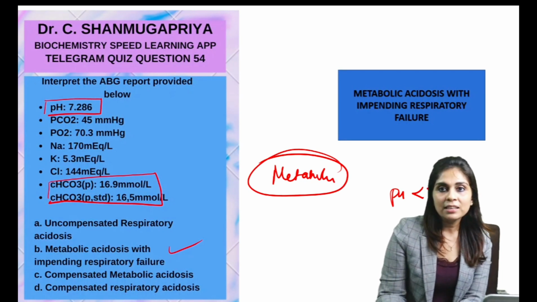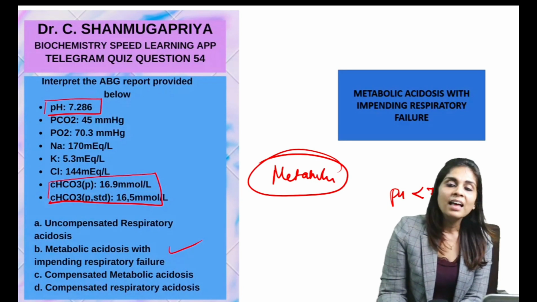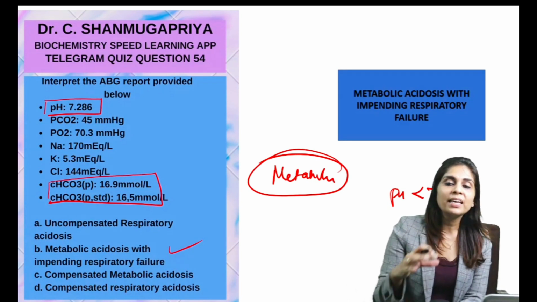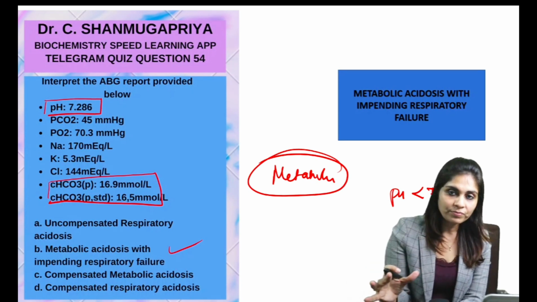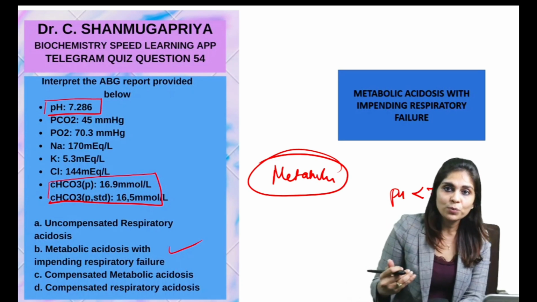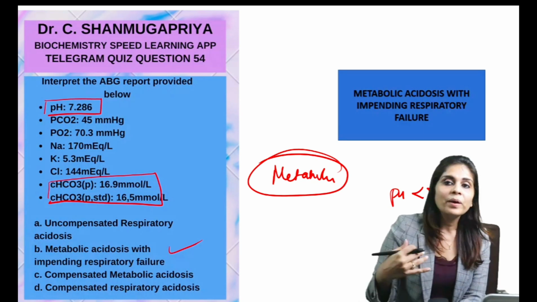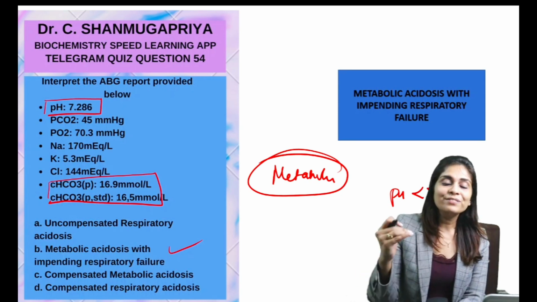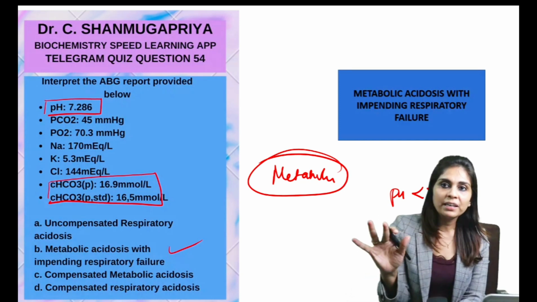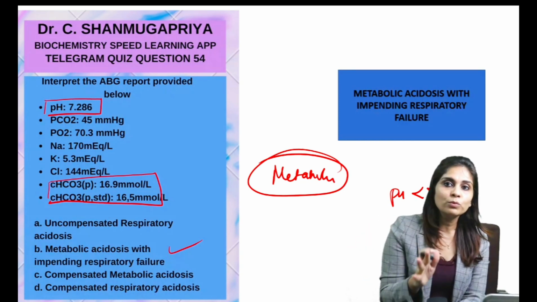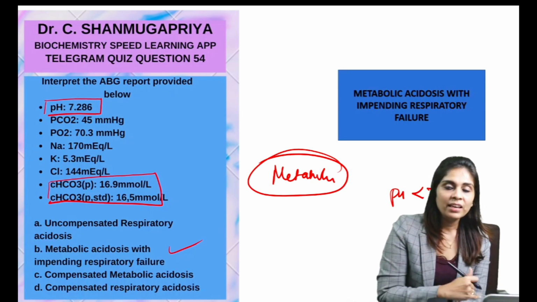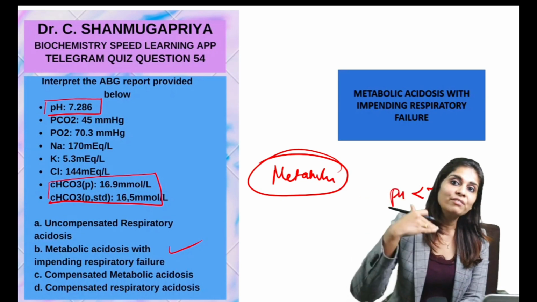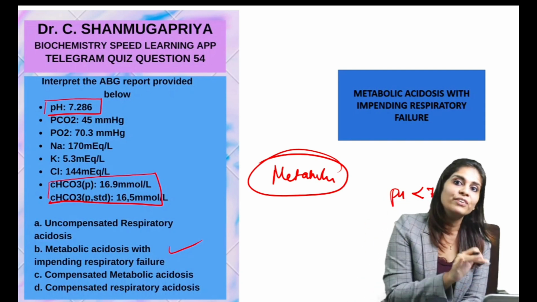Conclusion or carry home message: actual bicarbonate is a calculated value using the Henderson-Hasselbalch equation, and that's the parameter which you will have to use for any calculation or for any diagnosis. But standard bicarbonate has to be used whenever there is a dilemma in the diagnosis, whenever you want to find out whether it's a respiratory disorder or a metabolic disorder. So if standard bicarbonate and actual bicarbonate are equal, it means there is no respiratory component. There is only a metabolic condition which is causing the acid-base imbalance. If standard bicarbonate is varied after equilibration, it means there is a respiratory defect also.